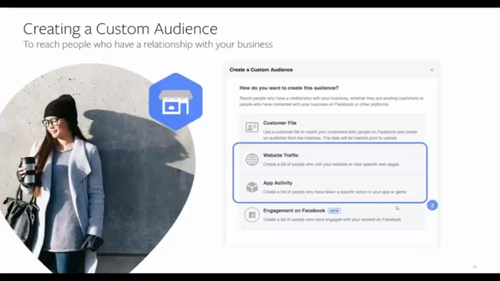Website traffic and app activity allow you to create audiences based on the actions customers are taking on your own sites and apps. Facebook obviously doesn't automatically know what's happening on your sites. So to let us know how to target people, you're going to need to apply the Facebook pixel if it's a website, or the Facebook SDK if it's an app. Once you've defined some events based on that pixel or SDK, you can create some really interesting custom audiences, such as people who visited a specific page on your site, or people who've maybe added an item to a cart and then abandoned it.